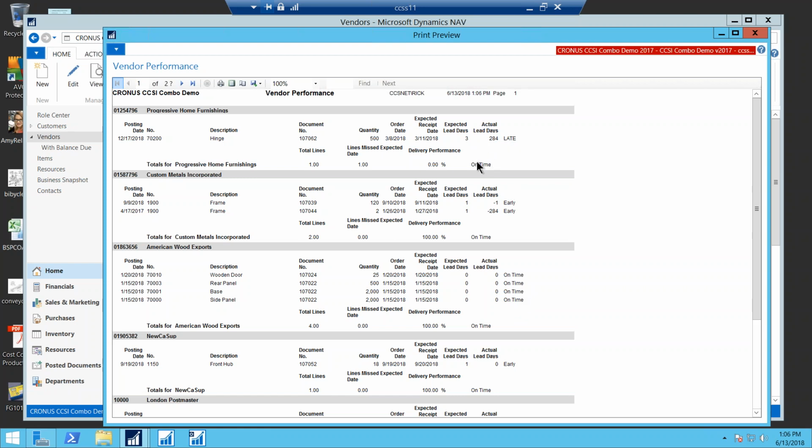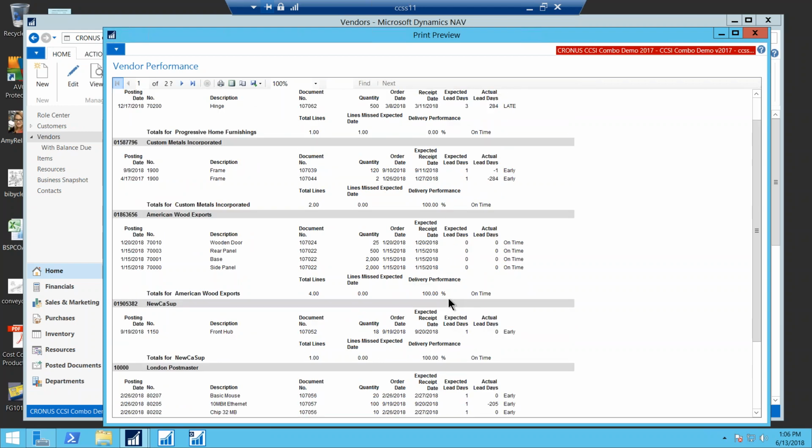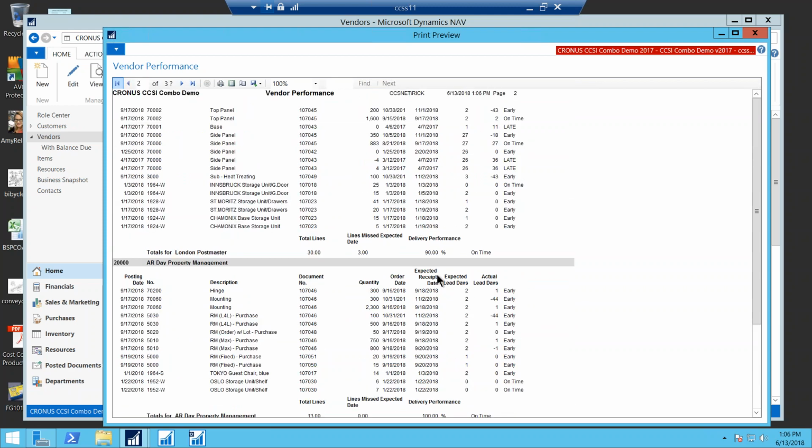And then if it's late, it shows that this guy is 0% on-time delivery. This guy's 100% on-time delivery. We have any that are kind of partials. Let's see down here. Here's somebody that's 90% on-time delivery. So it lets you see per vendor, and you could filter this on specific ranges of dates to actually see